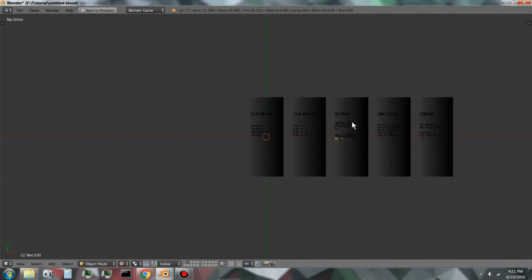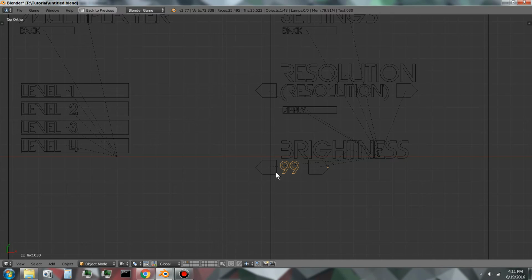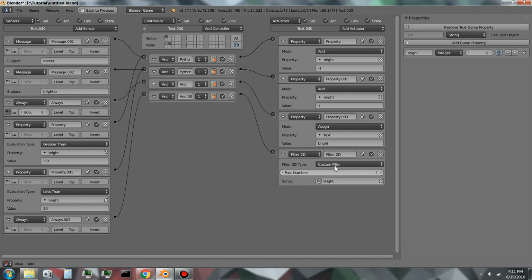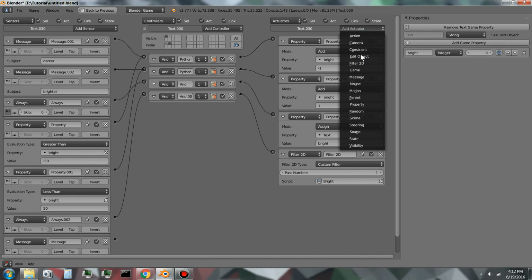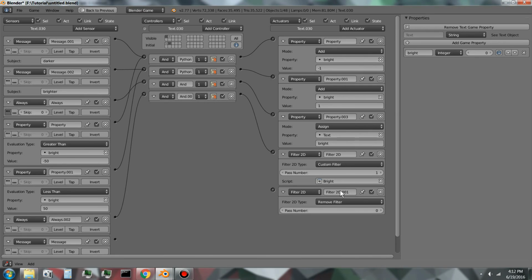But the way you fix that is if you go to your submenu layer, select brightness, and where you just added that custom filter brightness, disconnect it from that always sensor that has pulse mode, and add a new always sensor that doesn't have pulse mode, and set it to a pass number of 1. Then add a message, make it say save. That is the message that's sent when you click the back button. And add a filter 2D and remove filter with pass number of 1, so that when you click back, it will remove that filter,